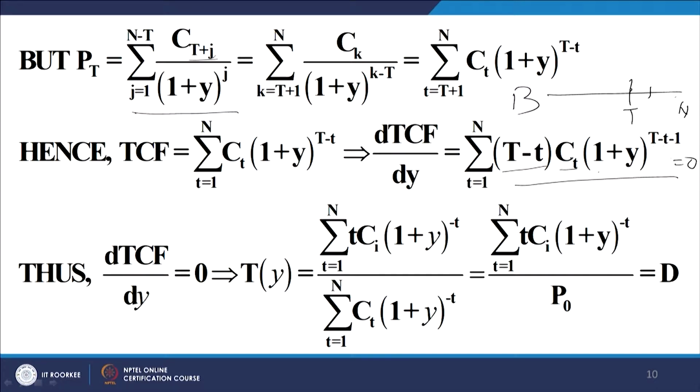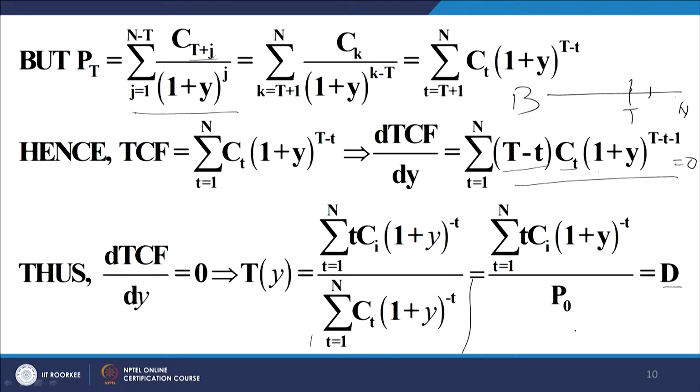When you simplify this, we get capital T is equal to this expression. But this denominator, if you look at it, if y is to be the YTM, then the denominator becomes P0 and this whole expression becomes T, which is the duration. You can compare it with the earlier expression for duration, and you will see that this expression turns out to be the duration. So, in other words, what have we said?